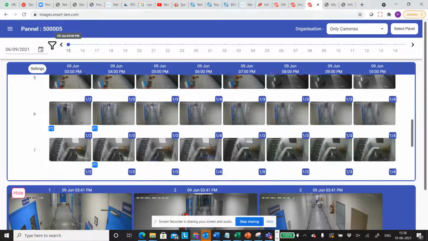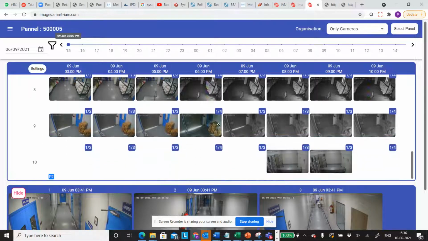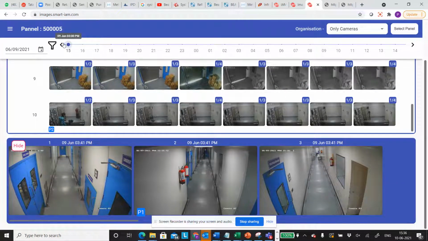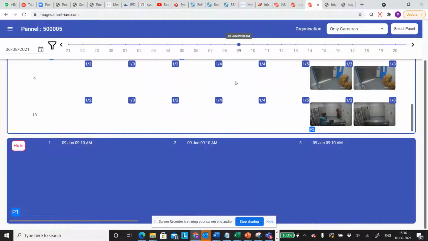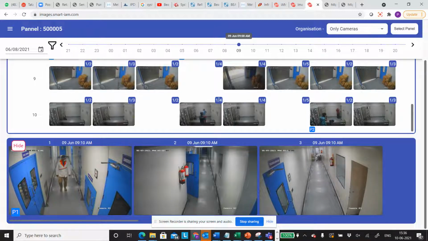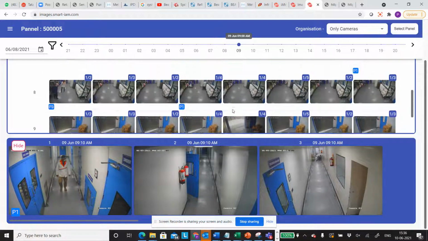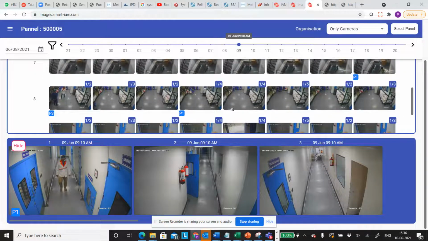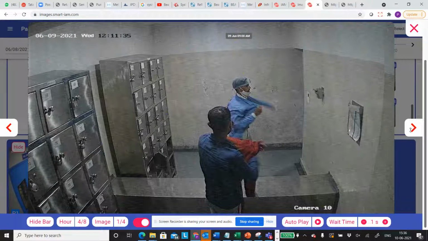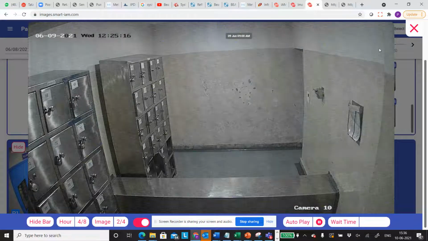Now these photographs you can click and view as a time-lapse type of image. A timeline provided here helps you select a specific time to see what happened in your factory and track appropriate actions also. So I can just browse through these images and I am able to see how my operations are happening in my factory.